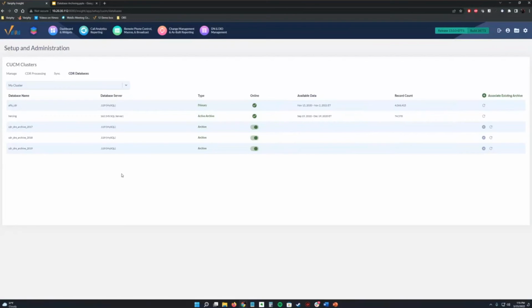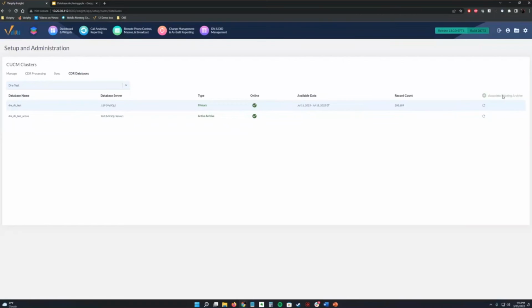And that's going to be correlated to if you're just using that single database. Let's say you are running, like I said before, multi-clusters with multi-databases, and you're using dummy clusters to simulate extra databases. We can actually manually archive these as well. So if we go back here, it doesn't really matter which one we're on for this test. But what we're going to do is first, before you turn on the auto archiving, you're going to want to go ahead and associate those existing databases.